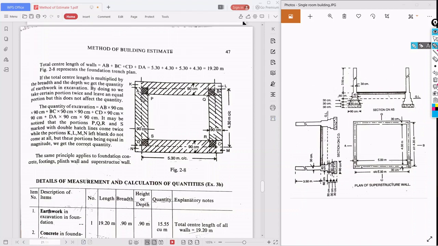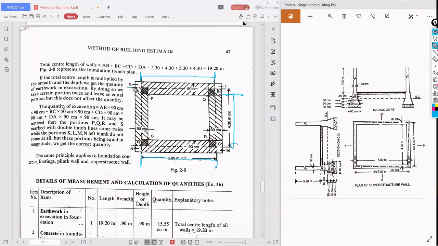So what they are telling is, see here, we are taking the center line length, right? This is the center to center length. From here center line length to here, from here to here.